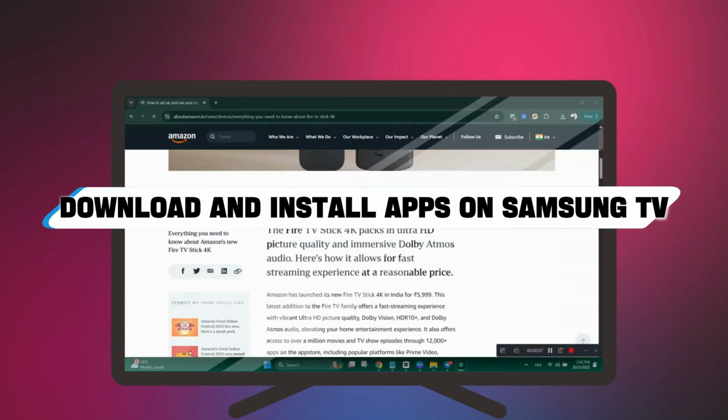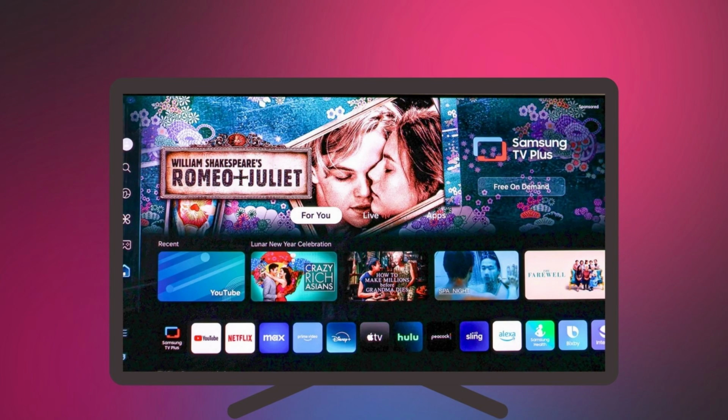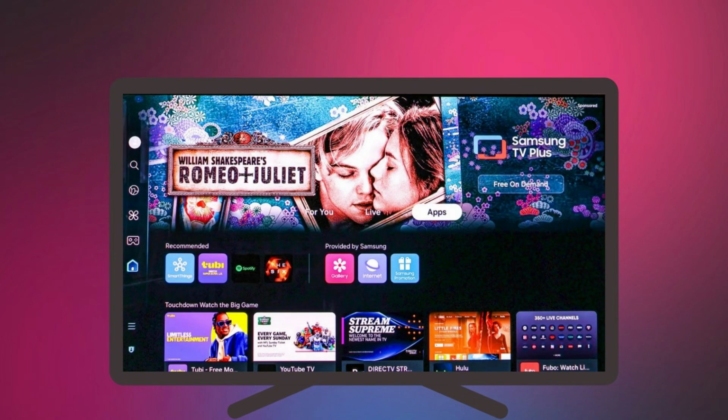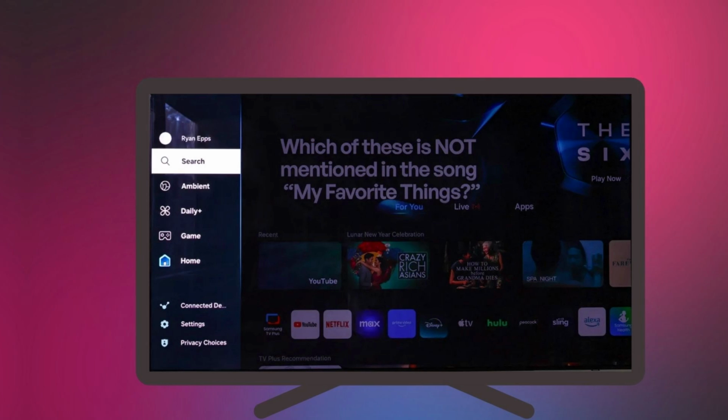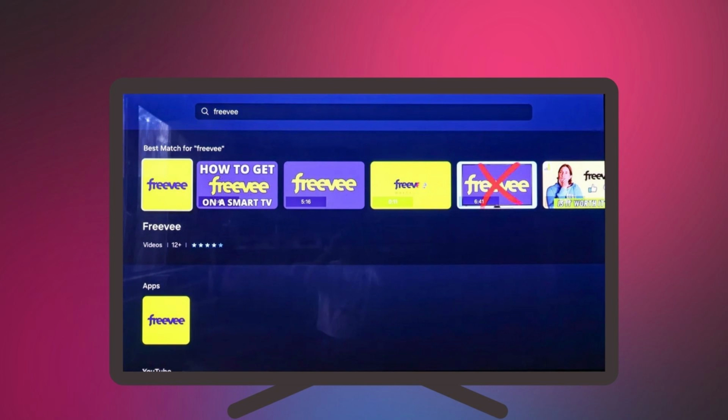First things first, press the home button on your Samsung remote to open the home dashboard. Use the directional buttons to scroll right and select the apps section. You can tap left to open the search icon, then type the app's name or browse the available apps under different categories. Once you find your desired app, highlight it and select Install, and the app will begin downloading